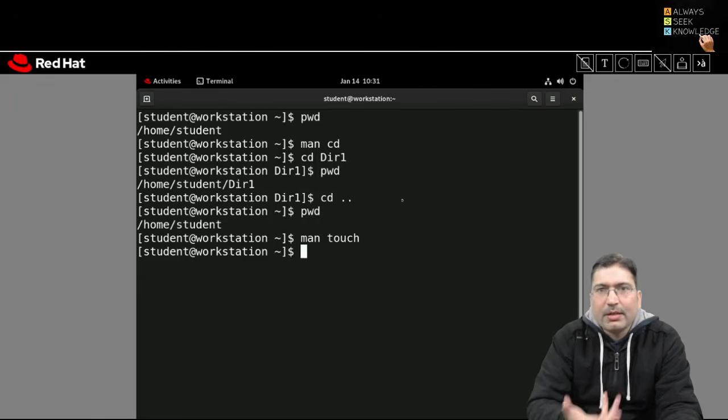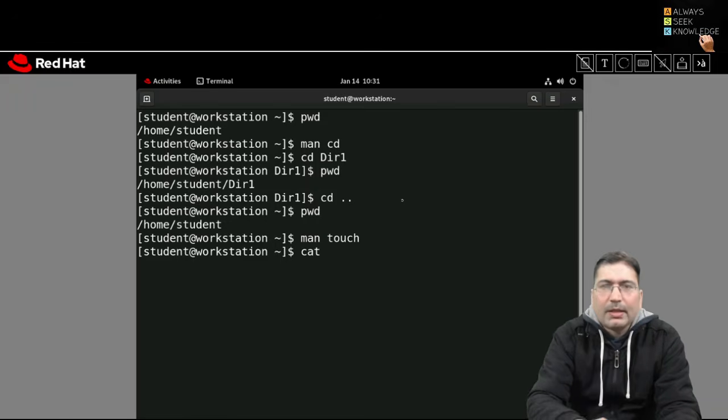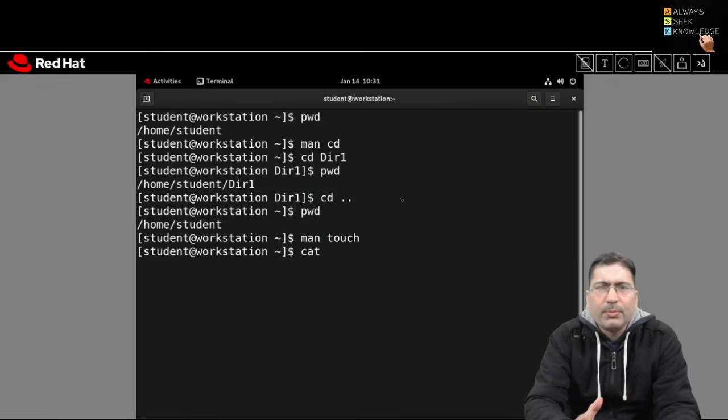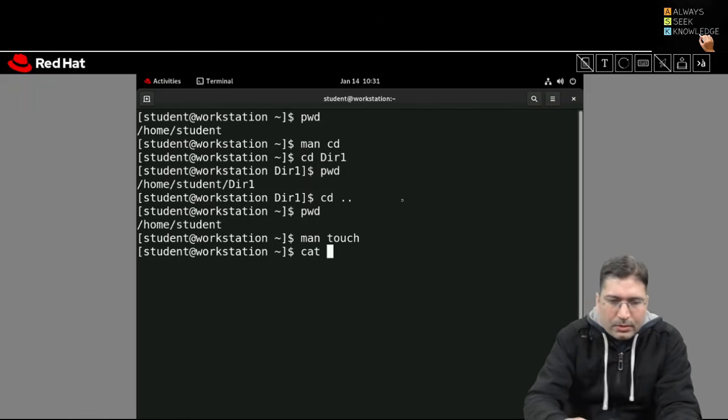So you need a better command which will help you to create the file as well as write something. So that is cat command. Cat command we use generally for 2-3 purposes. The prime purpose is to create a file or to view the file content. We can also use cat command to write some content inside the file. So if you want to write the content inside the already created file, that was file1.txt,